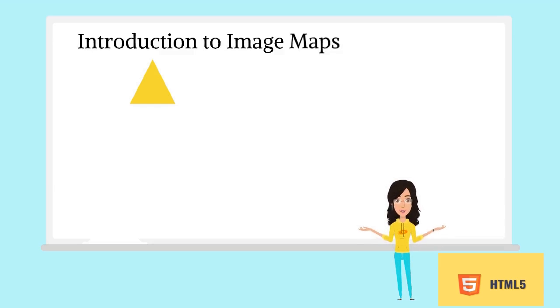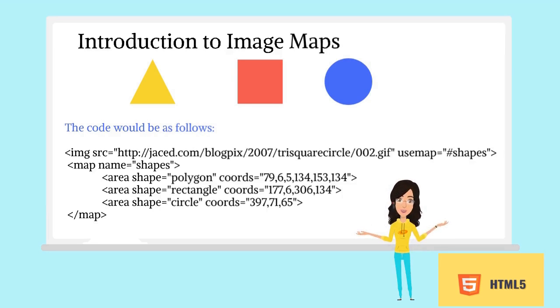Next is an image map. The description: an image map is an image with clickable areas that usually act as hyperlinks. The image is defined by an img tag and the map is defined by a map tag with an area tag to denote each clickable area. Use the usemap and name attributes to bind the image and the map. A basic example you can see on the screen.